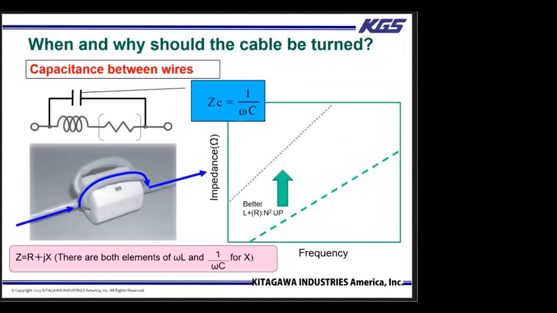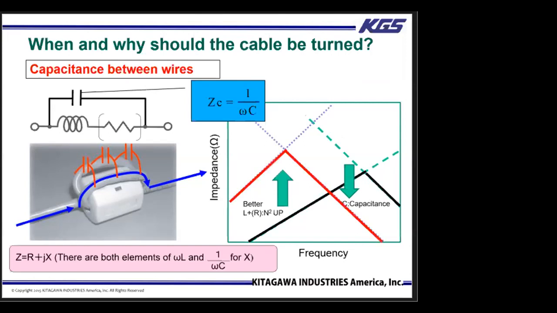However, when you increase the number of turns, you also increase the stray capacitance between the cable inside the ferrite. Basically, 1 turn is the blue color, and 3 turns are the red on the left image. As the stray capacitance between the cables is increased, the impedance level decreases in the capacitance pathway. The impedance curve follows the path of the lowest impedance. So for 1 turn, the cutoff frequency is at a higher frequency, and the cutoff frequency moves to a lower frequency when the cable is turned 3 times. This means that when you increase the number of turns, the impedance decreases for higher frequencies.